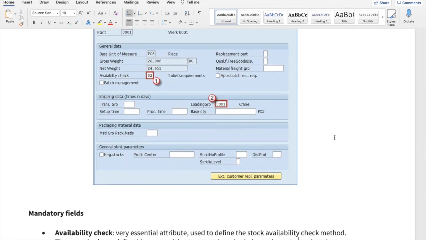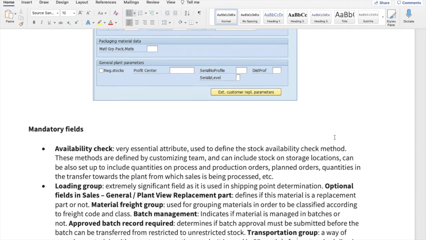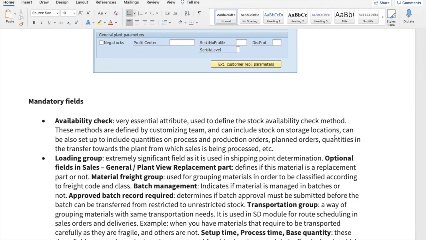Then there is something called the transportation group. It may so happen that some deliveries have to happen in the same transportation way. So you can club all of them while planning your vehicle, while planning your way of dispatch. Maybe some material will go by train, maybe some by ship, maybe some by road delivery by vehicle or truck.